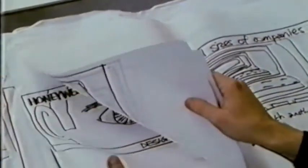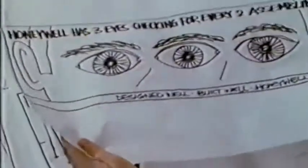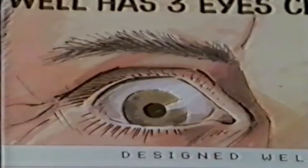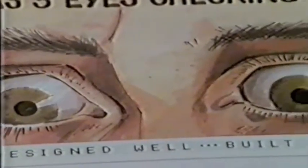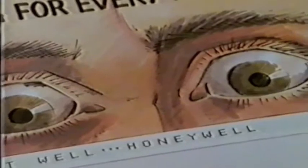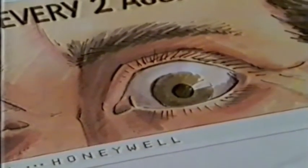So we went through a whole load of different ideas, and eventually the one that was chosen was a man with 3 eyes. It had to be a photograph. You wouldn't think anything was strange if you drew a person with 3 eyes. But to actually photograph a person with 3 eyes, then that would really stand out. We didn't know whether we could achieve that at the time, but we thought we'd try it. We sent down this visual to the client, and then he bought the idea, and then we worried about how